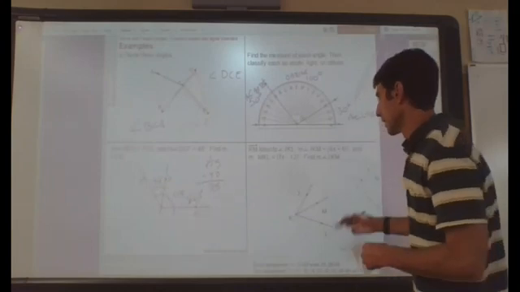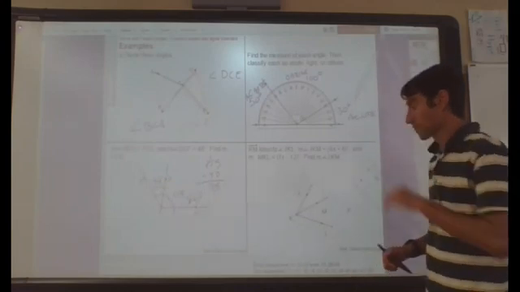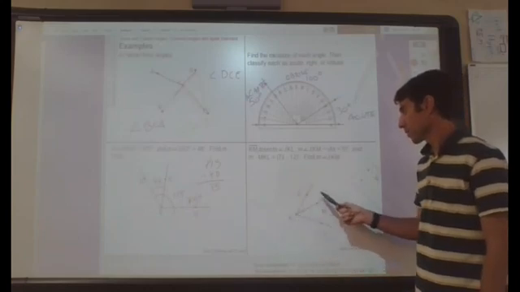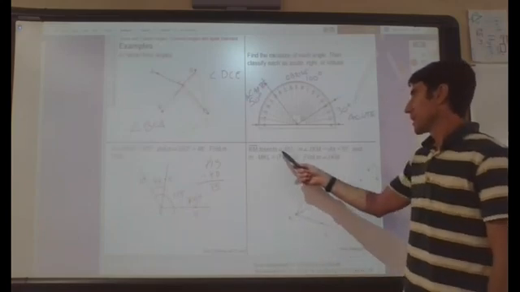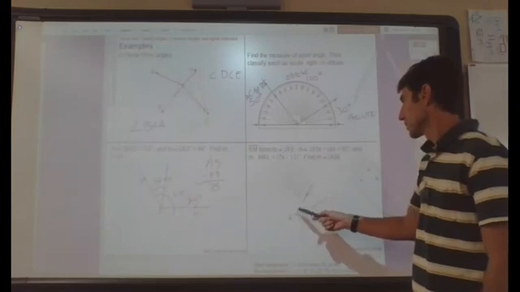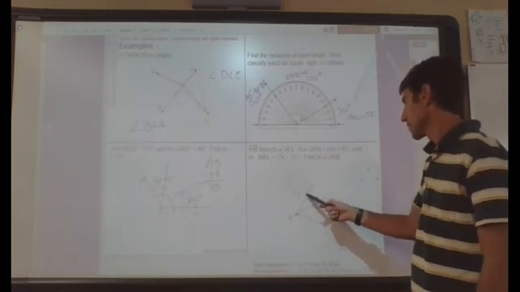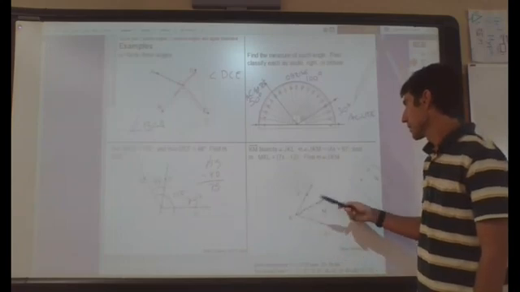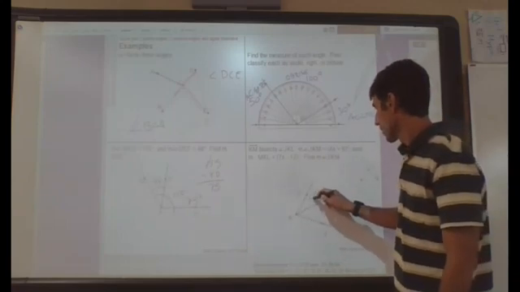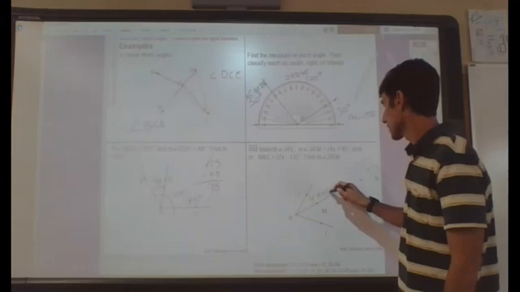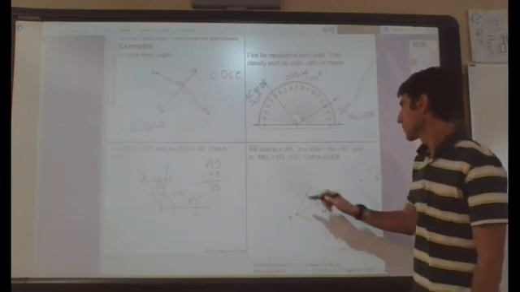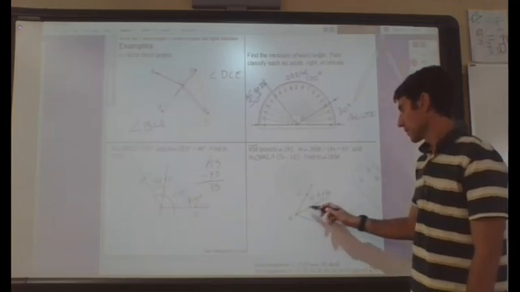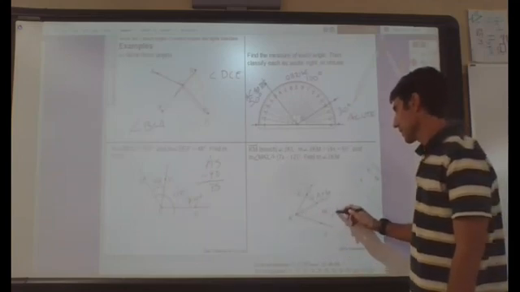All right. Lastly, we have ray KM. So we have 3 rays. Ray KM bisects angle JKL, and the measure of JKM is 4x plus 6, and the measure of angle MKL is 7x